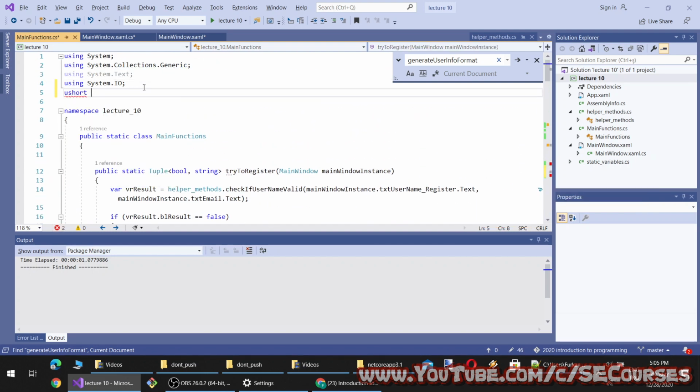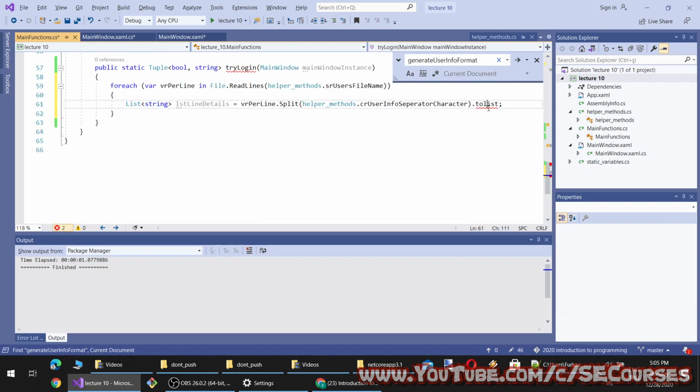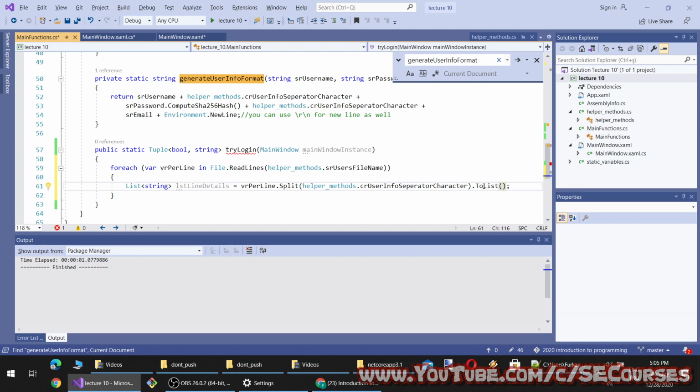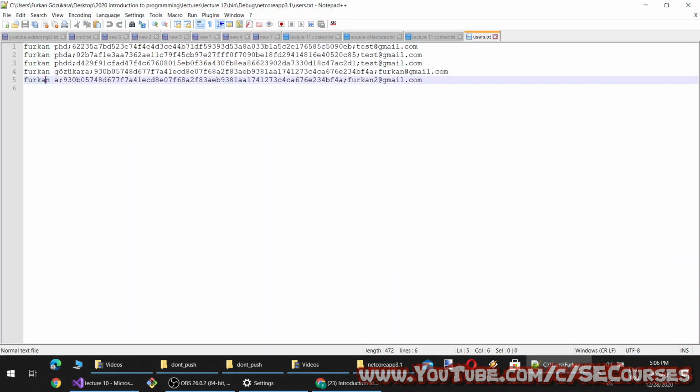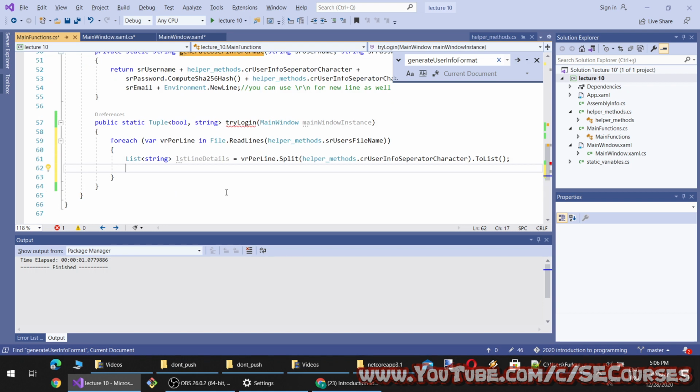I am adding the LINQ library reference here like this, and when I have added it, you'll see the ToList extension method appears. Now I have the list separated into, first one is the username, second one is the password but hashed password, and the third one is the email.